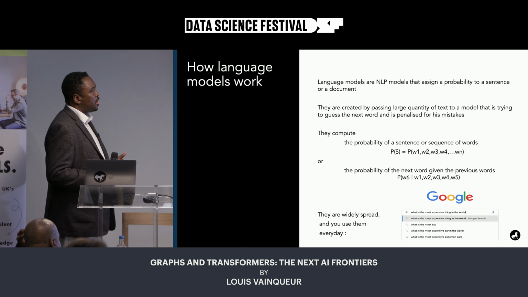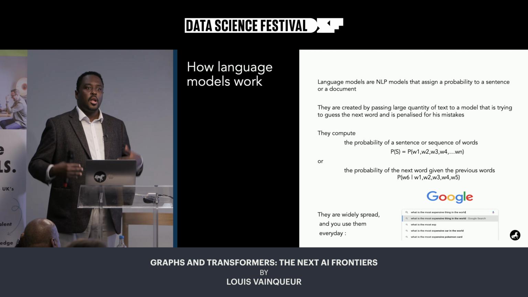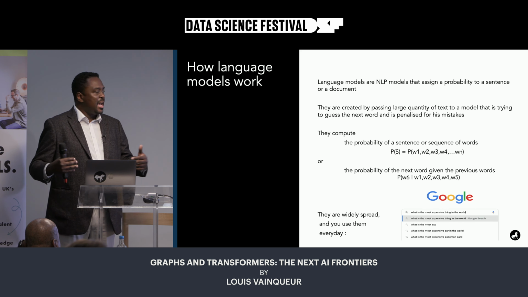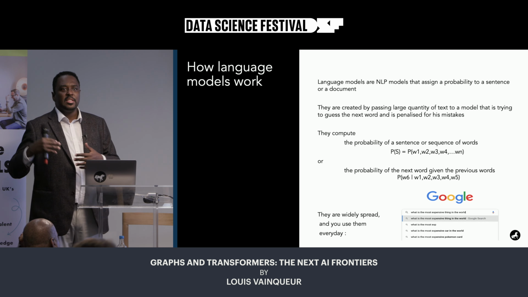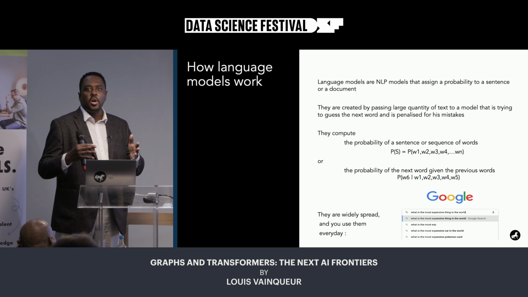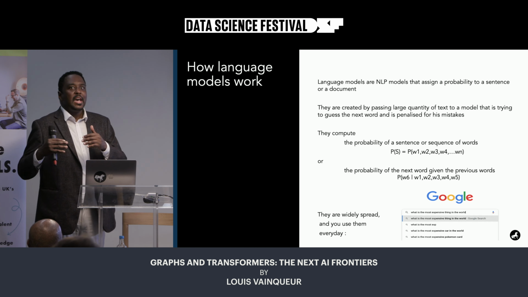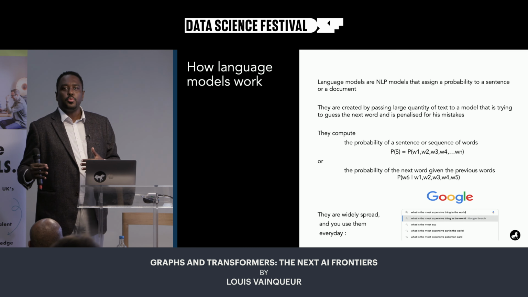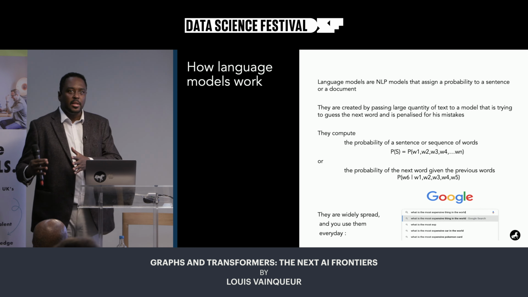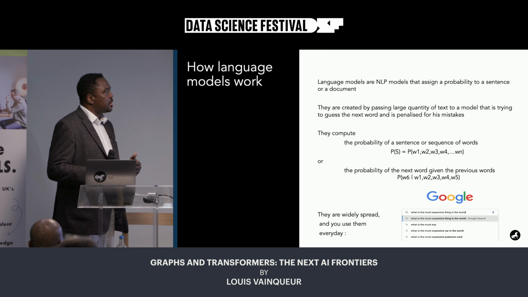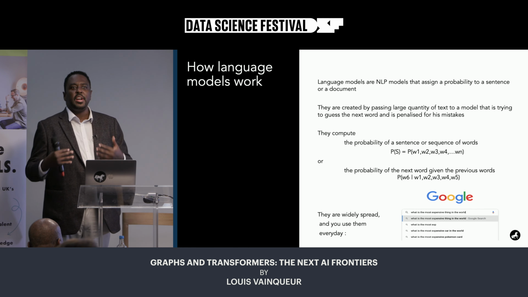When you run a language model, you inject a large amount of text that is not annotated, and at each step the model will try to predict what is the next word or the next token. I will use word and token interchangeably today, even though that's a little more complicated. If the model can predict correctly what is the next word that will appear, we conclude that it has some understanding both of the meaning but also of language in general.